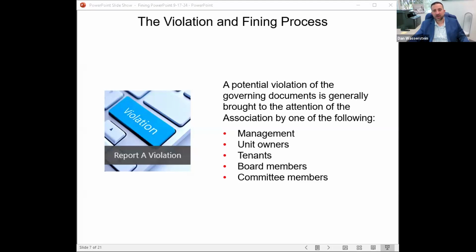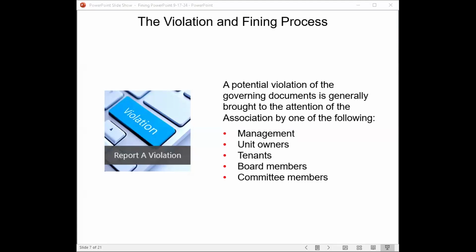We have a client where the master has agreed and the sub associations are willing to assign their enforcement rights to the master. But you really need to look at your documents, and usually the association that has the governing document that the owner's in violation of, usually that's the association that needs to enforce it. So if they are violating your condo declaration and not the master declaration, usually it's the condo that would be enforcing it. Again, unless your governing documents for your community delegate that authority. But again, that's kind of a community specific question.